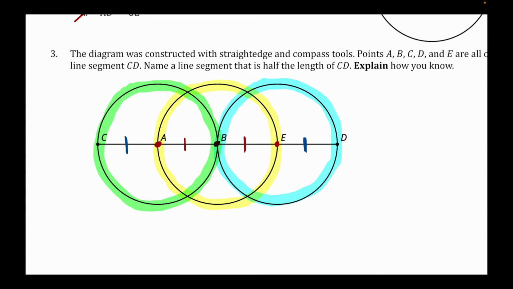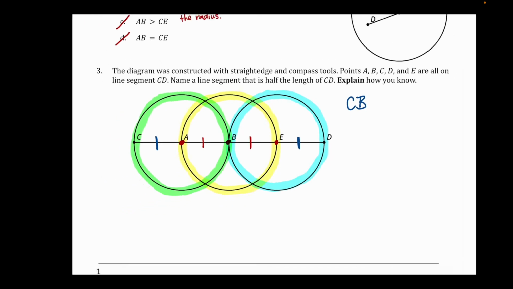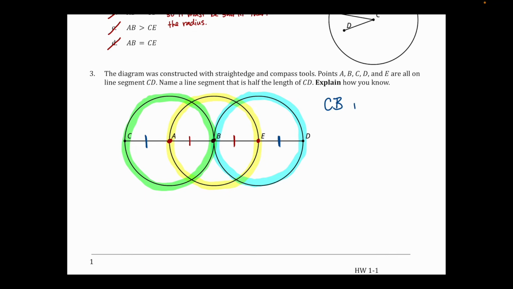So this is called circle A. So I'm going to say that my points here are C, B. And I'm going to describe CB is half the length of CD, which is the entire thing,